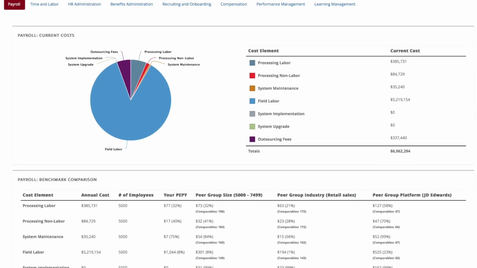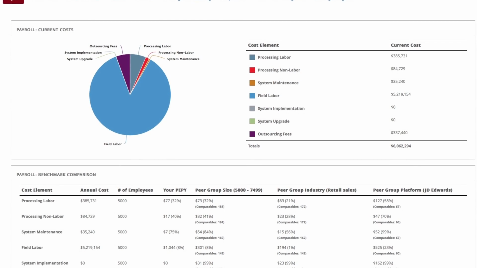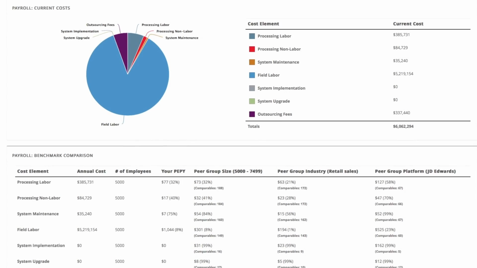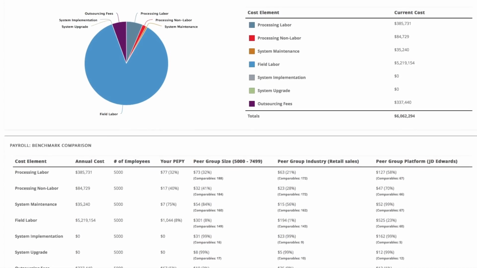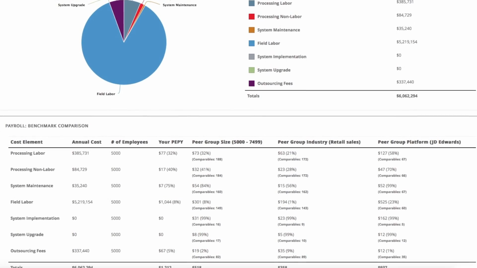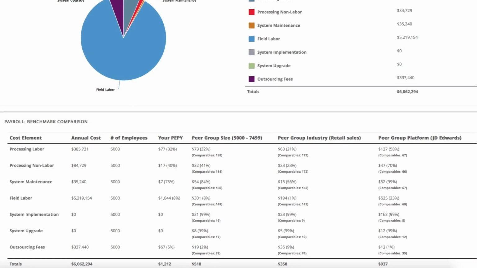We also provide a per pillar breakdown of cost elements per area, and we benchmark at the element of cost level the per employee per year cost of those elements compared to the same 3 benchmarks: size, industry code, and platform being used. As a final point, SBSI, through the same framework of the Clearview Analyzer, can automatically migrate your